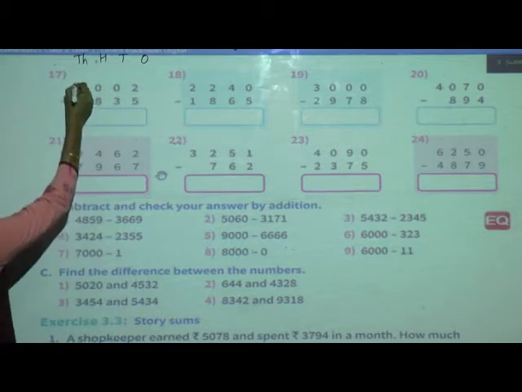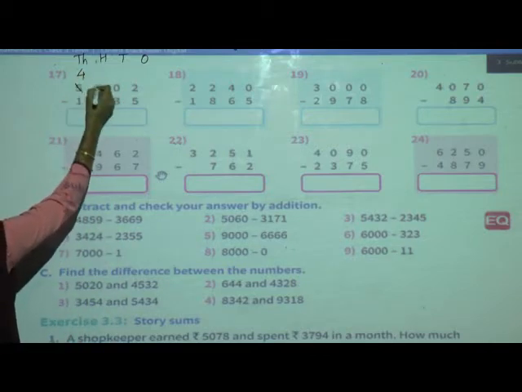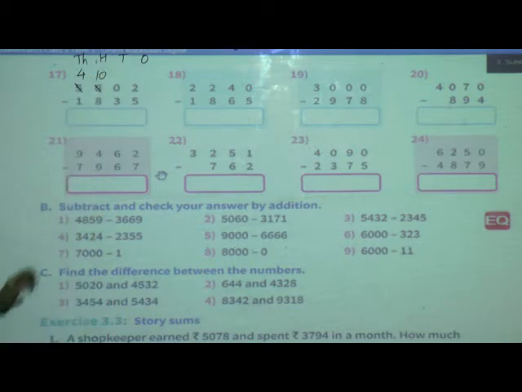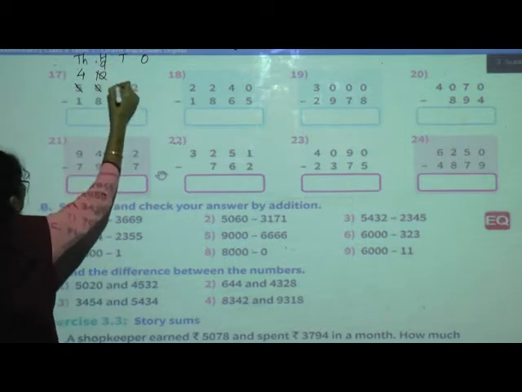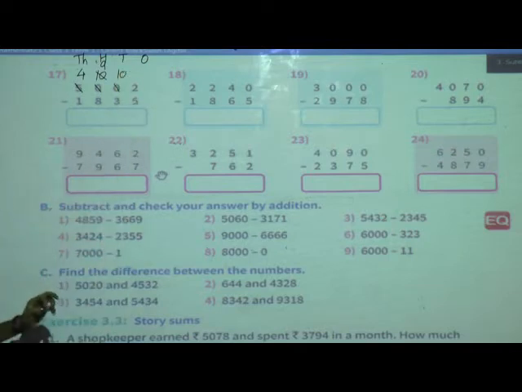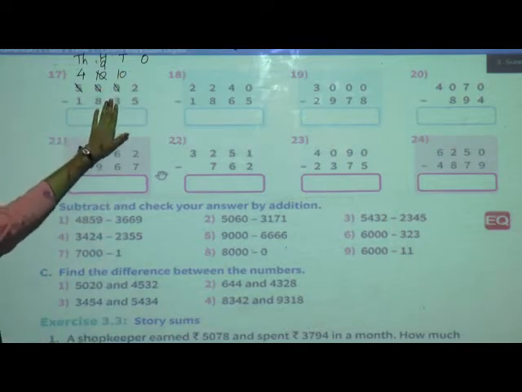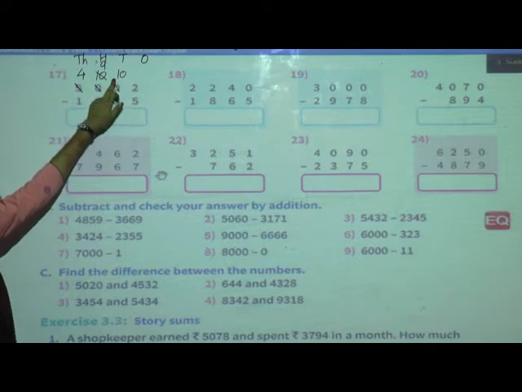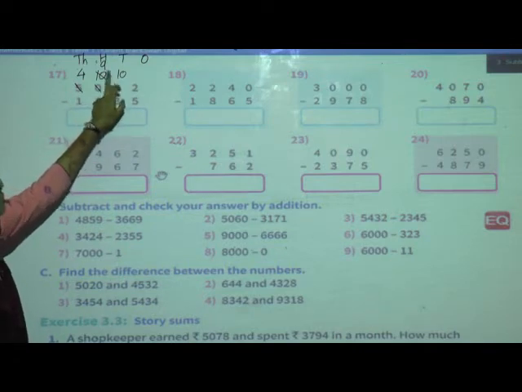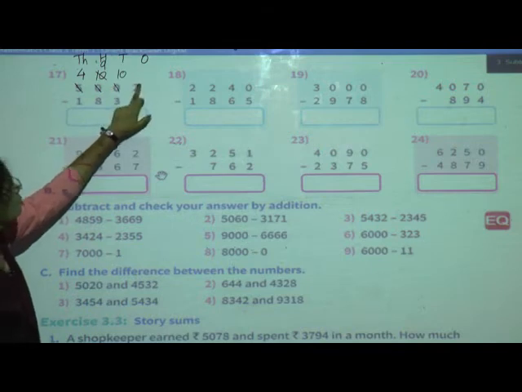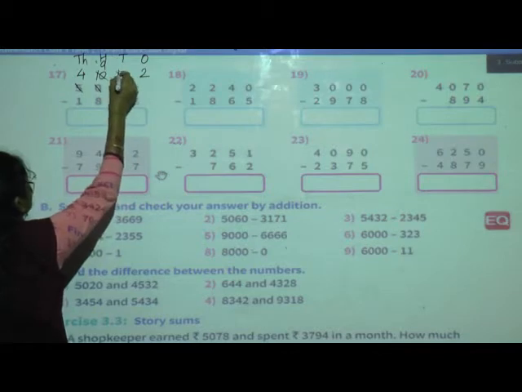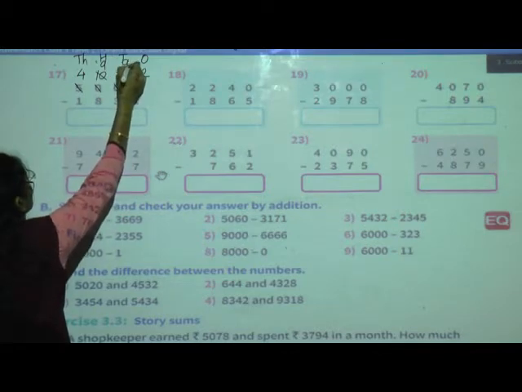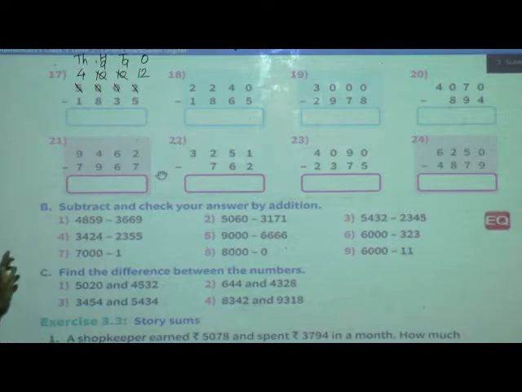Okay, so just cut this 5. 5 minus 1 is 4 and this 0 will become 10. Now we will take one borrow from this 10, from hundreds place. So 10 minus 1 is equal to 9 and this 0 will become 10. Okay, at tens place here 10 is there. So from this 10 we will take one borrow. He will give 1 to the ones place. So just cut this 2 and write as it is, and from the 10 we will take one borrow. 10 minus 1 is 9 and this 2 will become 12.